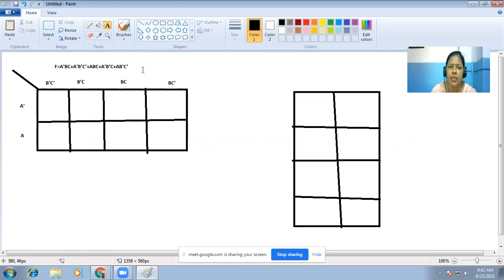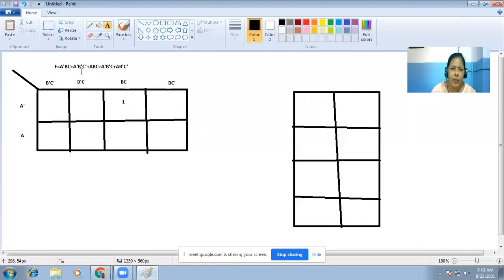If it is a 3 variable expression, in the truth table we will have 8 different combinations, and all these combinations are these min terms. So A bar B C means corresponding to this, we will get 1.